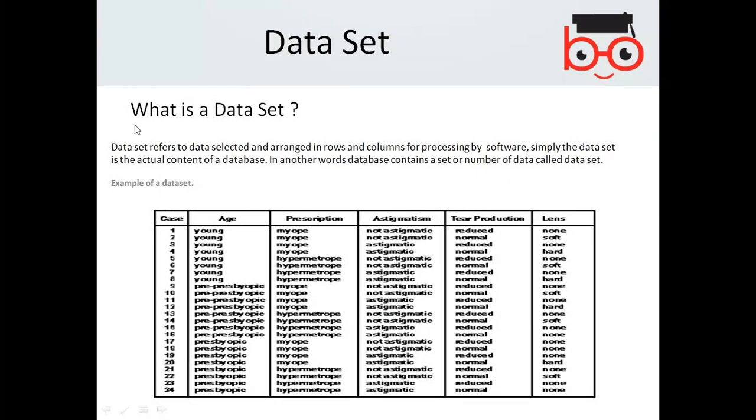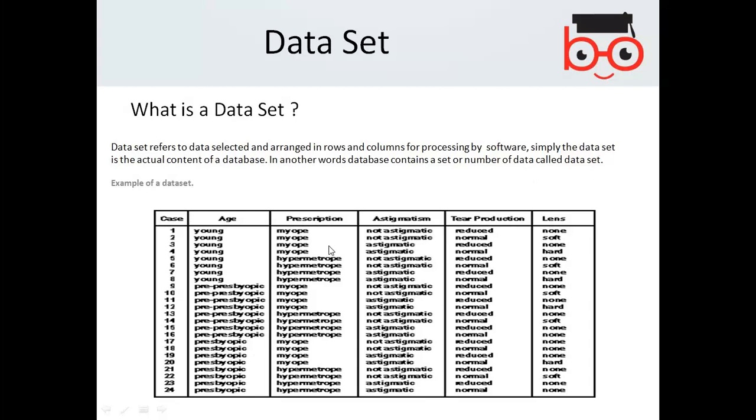A data set. A data set refers to the data selected and arranged in rows and columns for processing by software. Simply, the data set is the actual content of the database. In other words, a database contains a set of data called a data set.